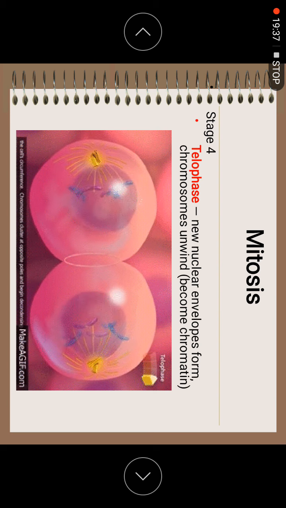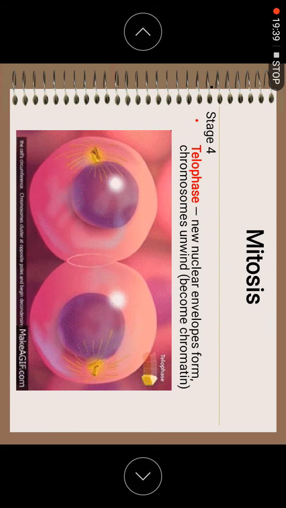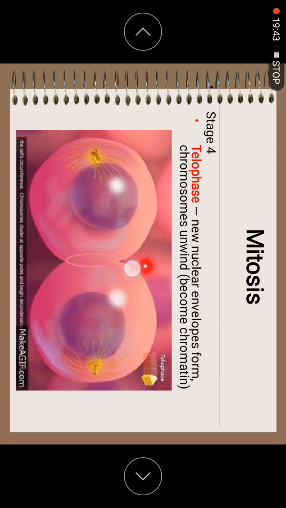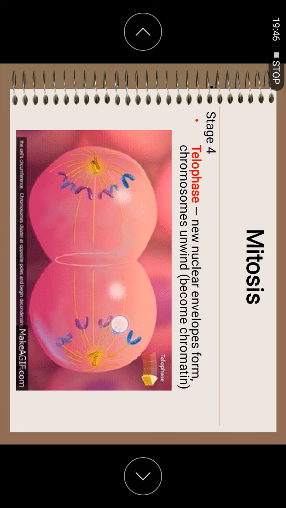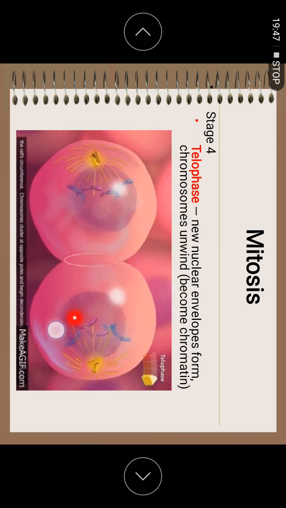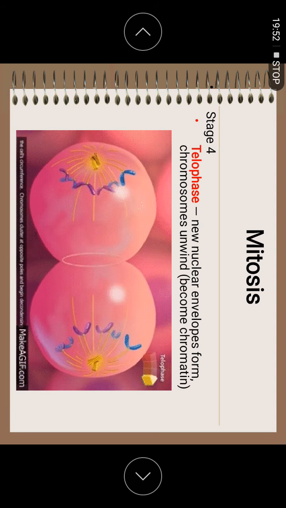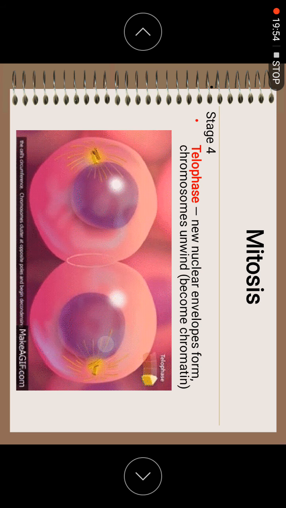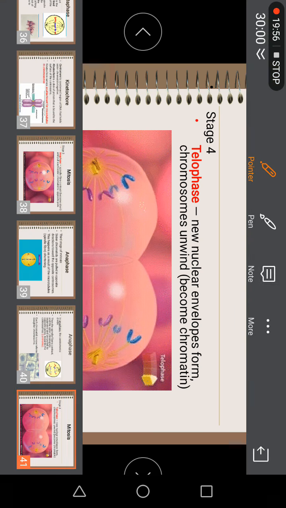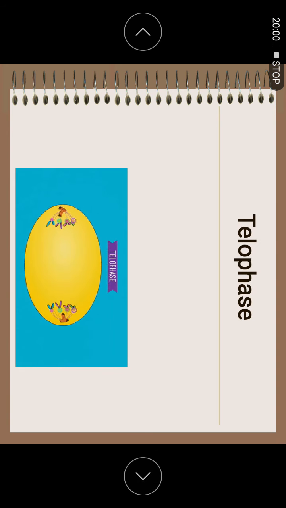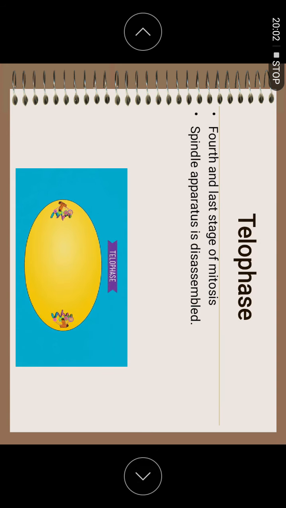Okay, the last stage, which is telophase. In telophase, it will start to make a cleavage furrow, and during this time the nucleus membrane starts to form again. The nucleus membrane is reformed. You have one centriole here, one centriole here, and all the organelles will be in two. So last stage, this telophase is when they form the